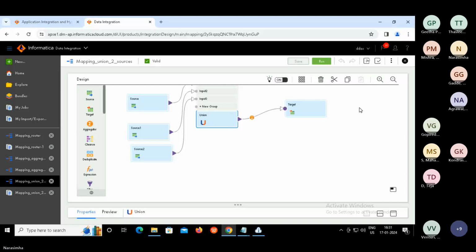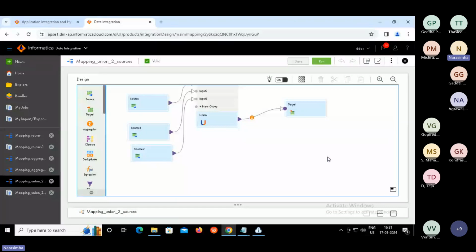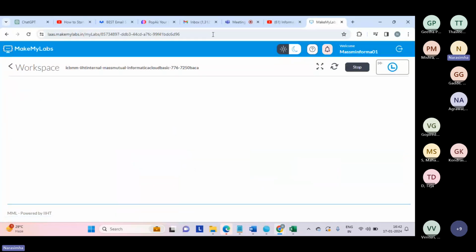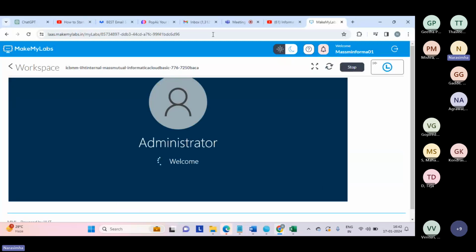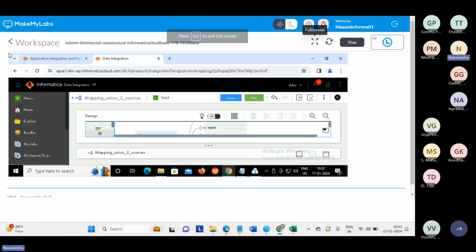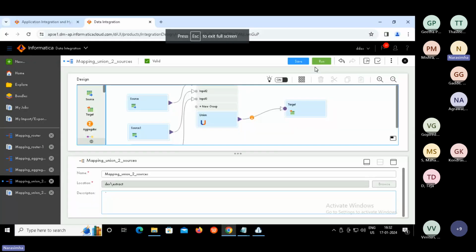So that's it, guys. Now I think we can move on to another transformation. Yes or no? You can take one exercise. Instead of three sources, you can add more than that. Add one more source system and see whether you can combine data from four source systems or not. It will work anyway for n number of sources, but you can try it. If you have any problems, we can discuss it in tomorrow's session.